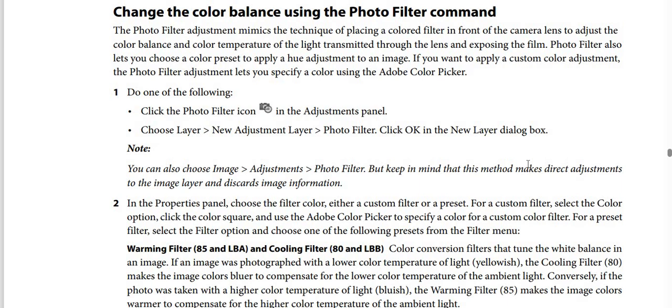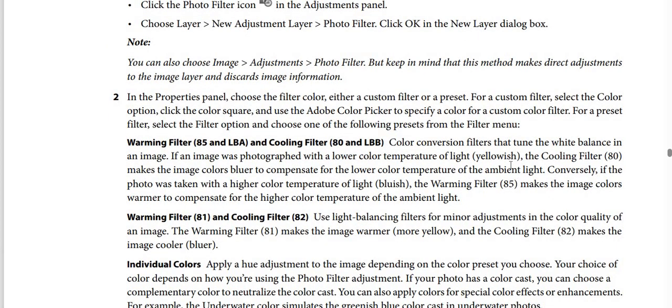preset. And for a custom filter, select the Color option, then click the color square and use the Adobe Color Picker to specify a color for a custom color filter. And for a preset filter, select the Filter option and choose one of the following presets from the Filter menu. And warming filter